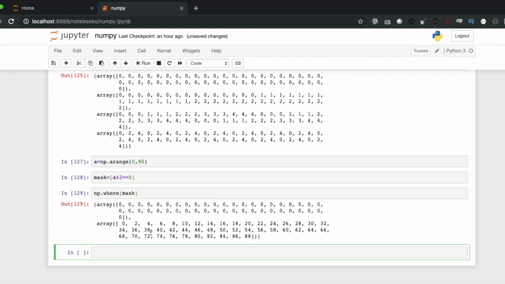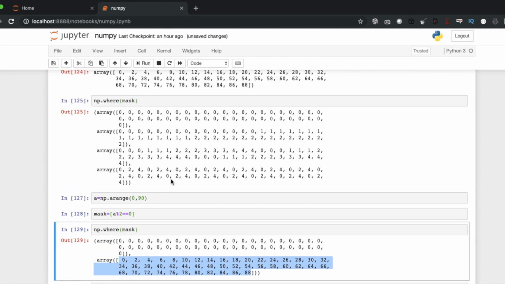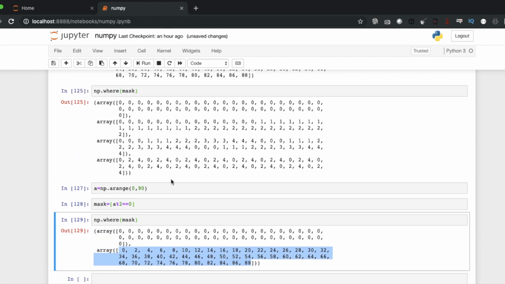Why is this not printing the locations? I'm not sure.